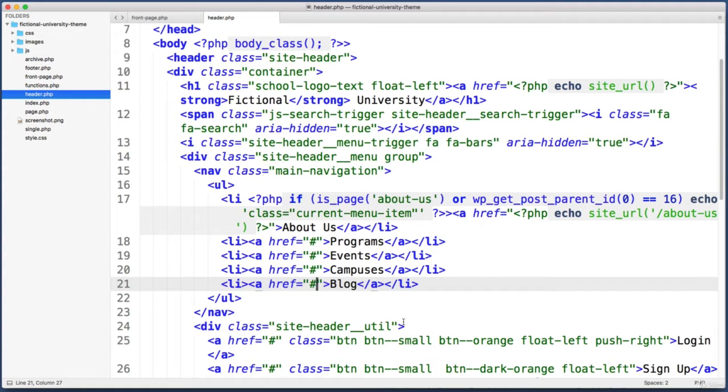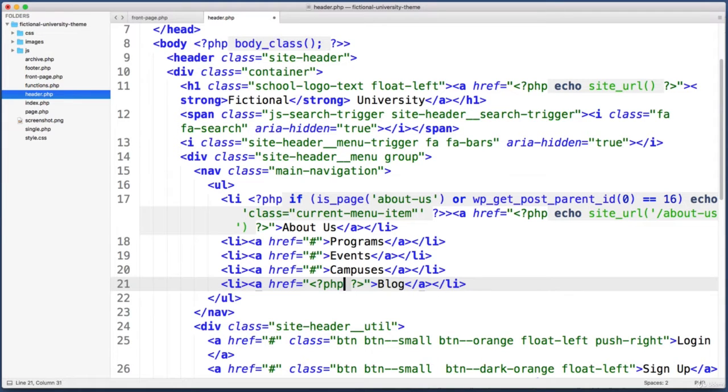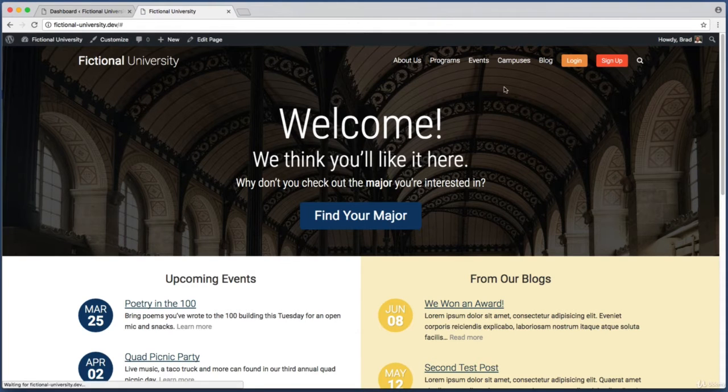Instead of a hard-coded hashtag, you could just copy and paste what we wrote just a moment ago, but it's almost just as quick to type it out. So echo out the results of site URL. And we don't just want the root of our domain, we want to add on /blog. Cool. So if I save that, refresh, now I can use that link up in the header to visit the